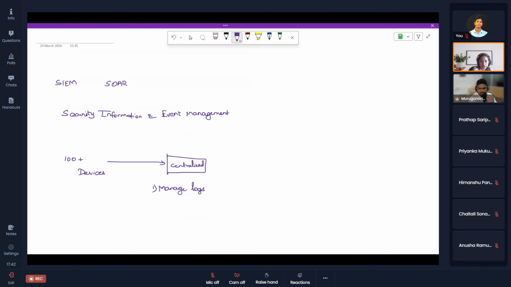If there is any issue, you can't go and log into 100 plus devices and check where the issue happened. That is not possible, right? So that is one of the reasons why we are collecting the logs and storing them in a centralized location. And also, your 100 plus devices, the network devices or whatever the servers,